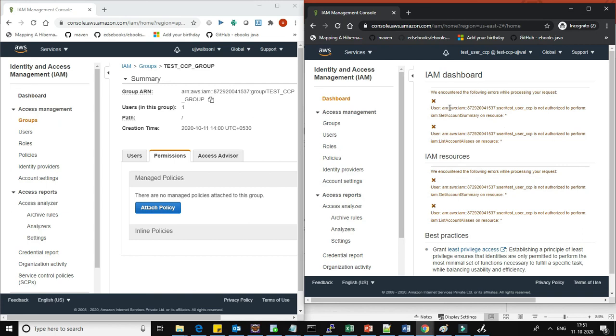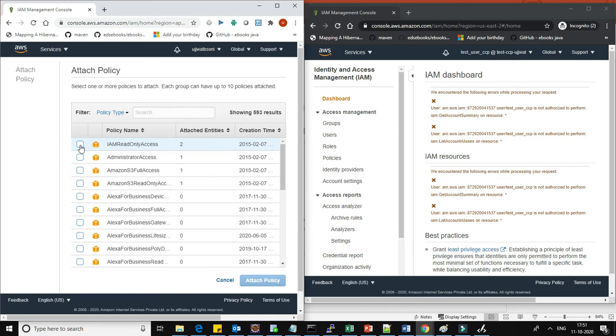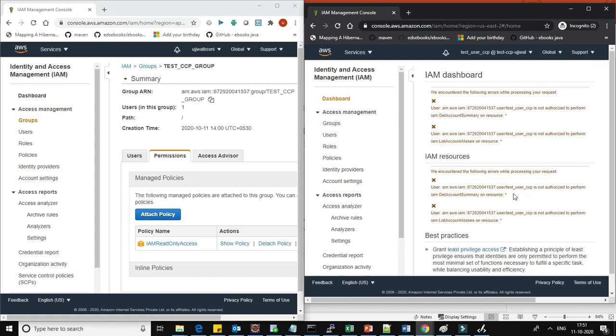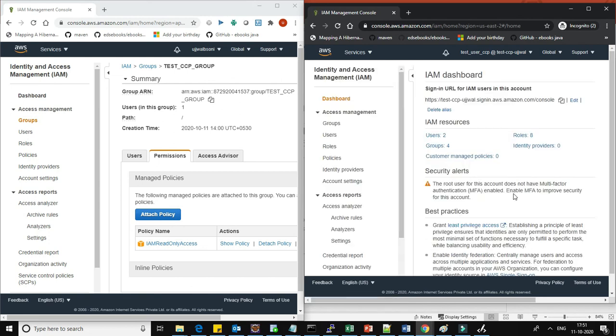As you can see, it is giving an error that the user is not authorized to perform the action get account summary on resource. So let me again attach the policy. I'll give IAM read-only access and attach. Hitting refresh again. As you can see, it has loaded the IAM dashboard for my newly created IAM user. So this is how policies work in AWS. See you in the next section.